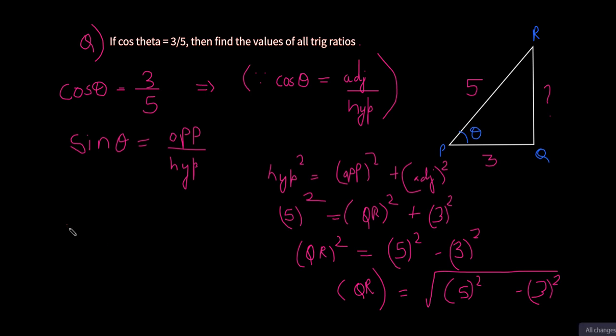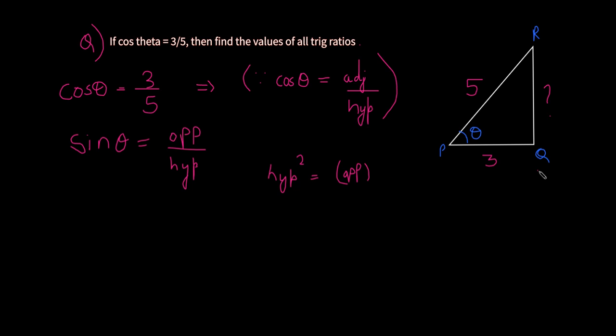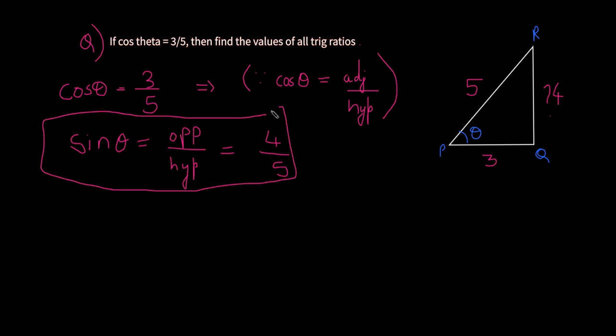Now I'm going to solve this over here. QR is equal to root of 25 minus 3 square, which is 9. So root of 16 is equal to 4. Therefore QR is 4. Now let's put in the values. Opposite side is 4, hypotenuse is 5, therefore sine theta is 4 by 5,